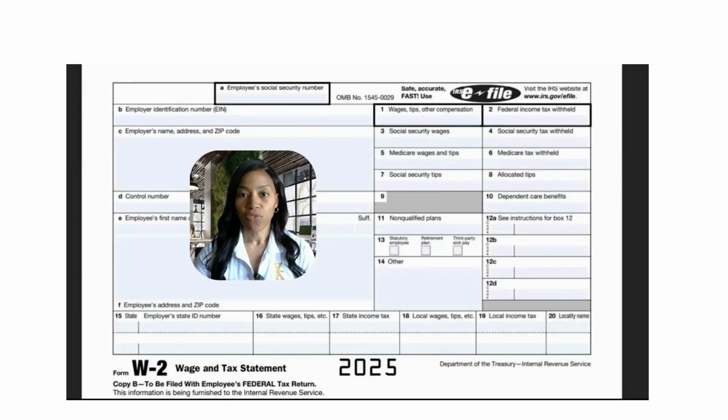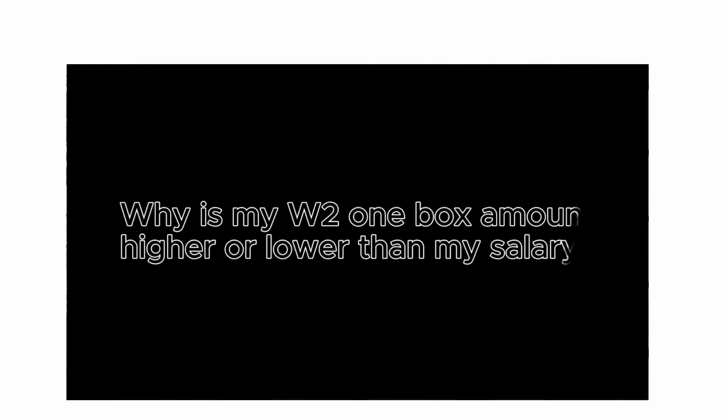The W-2 form looks like this, and the purpose is for the employer to report what they paid you, what taxes were withheld, and to make sure you receive it by the tax deadline, which is normally January 31st of the following year. So some questions I hear are, why is my W-2 box one amount higher or lower than